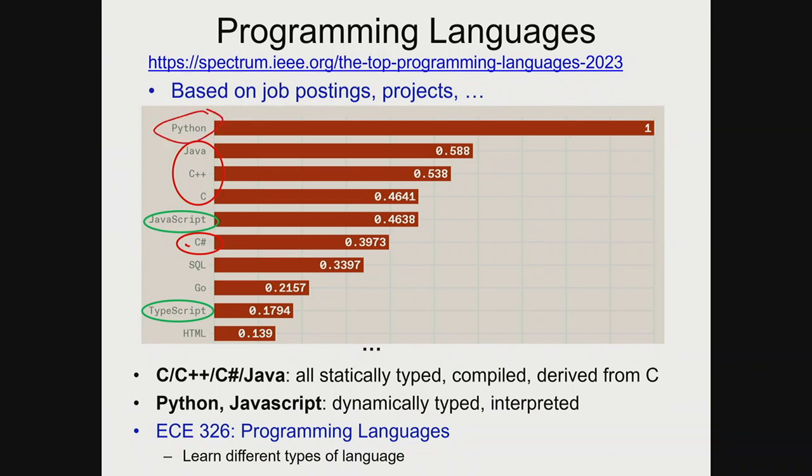Python is different and serves a lower performance but get my program working faster niche. And then in front-end web development, the most important language is JavaScript. It's kind of a horrible language, but it's gradually been cleaned up, so it's widely used. And there's another variant of it called TypeScript that does type checking. So these 2 really are not different languages either. They're related to each other. So anyway, why did I show you this? You're learning one of the most important languages, and you're also, more importantly, learning one of the big classes of language, like the C++, Java, C# group. You should and will learn